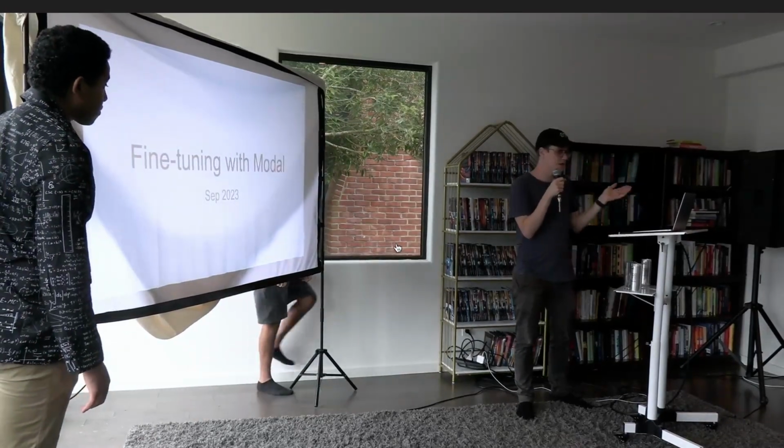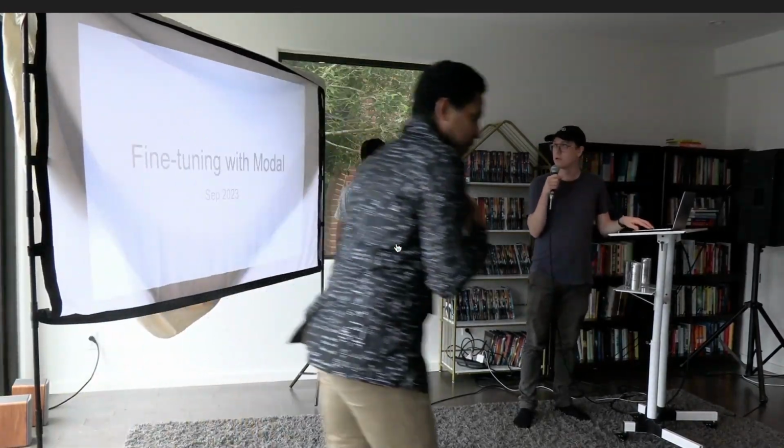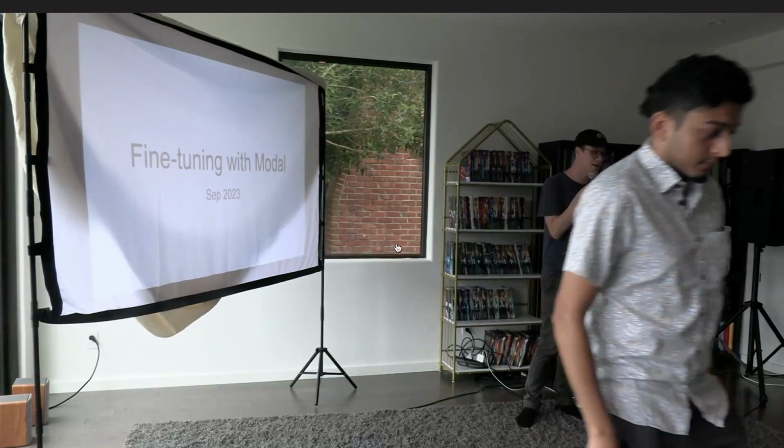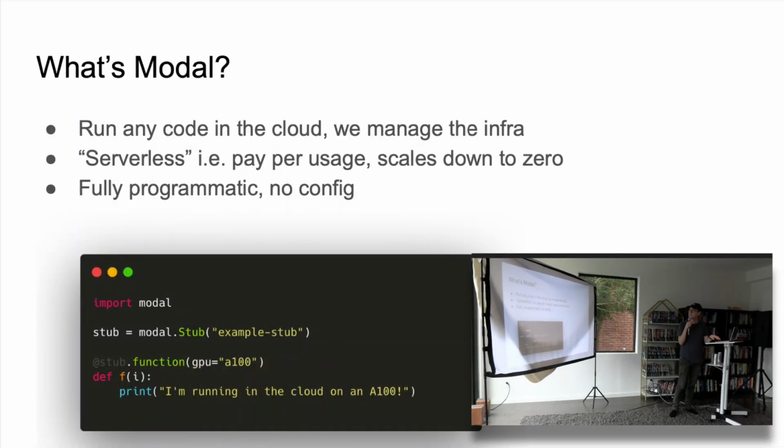A little bit like GCP in a way, or AWS or something like that, but with a more programmatic interface. So you work with Modal, you just write code. Basically the idea with Modal is we have a Python SDK, might add other languages in the future, and you write code, and then we take that code and deploy it to the cloud. And we do that very quickly. You can deploy code in a couple of seconds. There's zero configuration, no YAML, no config. The idea is you interact with the cloud in a sort of programmatic way.